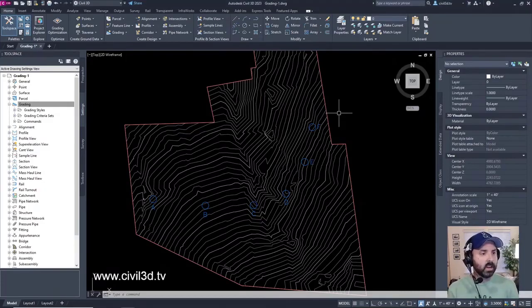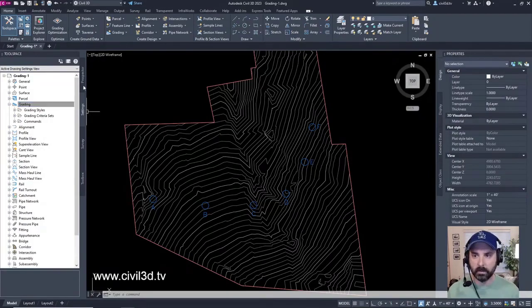Okay, in this exercise, you'll create a grading criteria set for a ditch grading. Then create 3 criteria in the set. Each grading criteria provides a standard formula for creating a graded slope. Individual criteria values can be locked so they cannot be changed for individual gradings. And you'll get to see that in a little bit. And we're going to create a criteria set. Now we're still in grading -1.